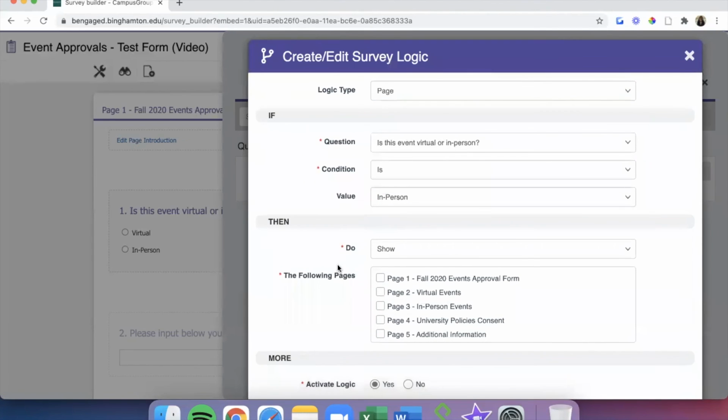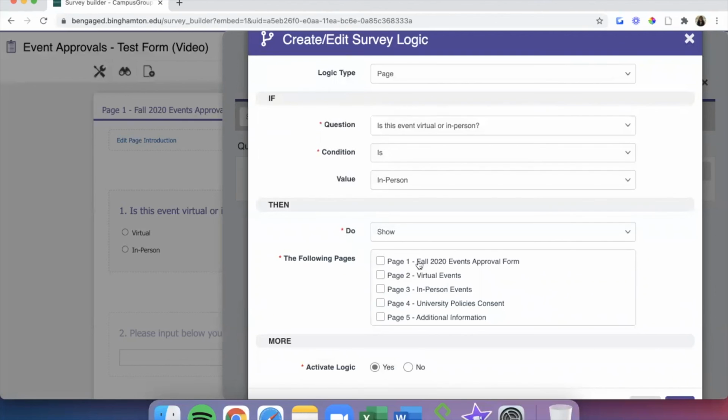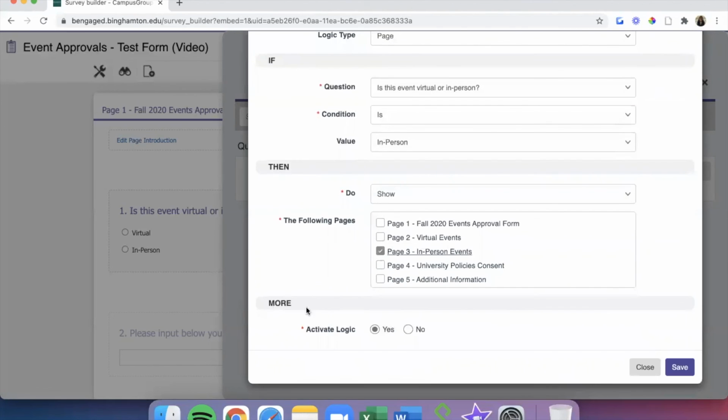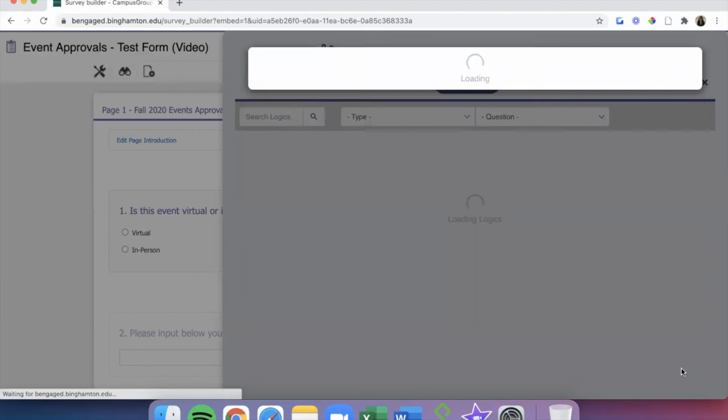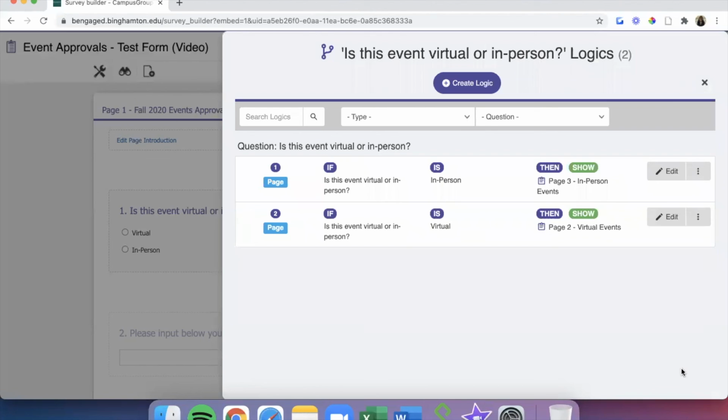And we want to make sure that next to the following pages, we choose page 3, in-person events, as opposed to page 2, which we selected before. And then under More, we'll make sure Yes is selected so our logic is activated. We'll click the purple Save button, and we're all set with our logics.